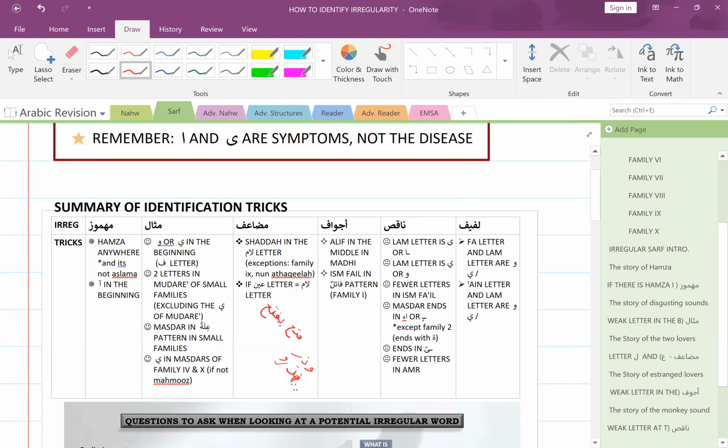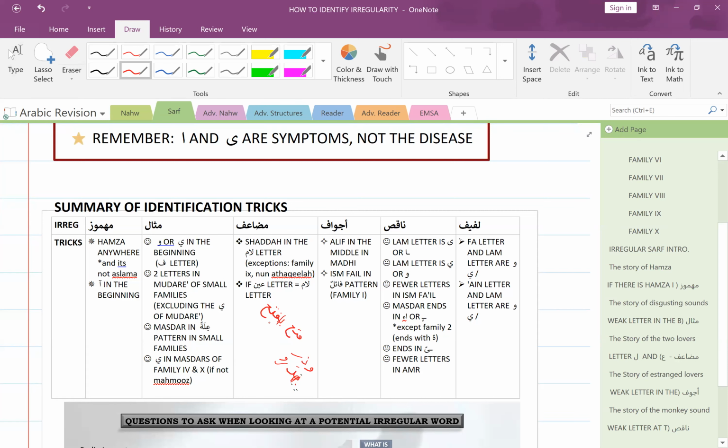يفتح. If you take away the ya, you have fataha. You have the three letters, the jidr. So you realize that this one has a letter missing. If you see in the mudari' of the small families, and even the big families, sometimes, if you can count two letters after the ya, or three letters, or four letters, if you find that a letter is missing, so you've identified, for example, that this is Aslama family. Okay, so you've identified it's Aslama family, but it only has 3 letters after the ya of mudari'. It means it's missing something. So when you see that, you know definitely this is mithal.